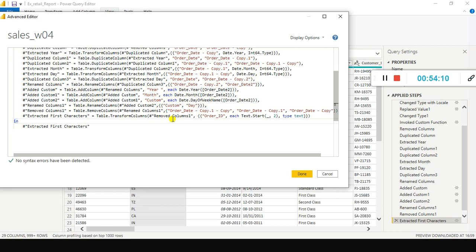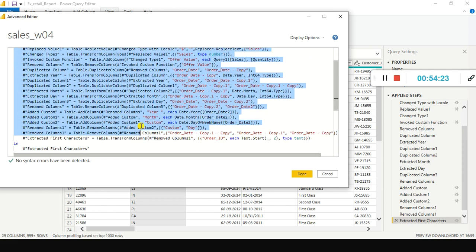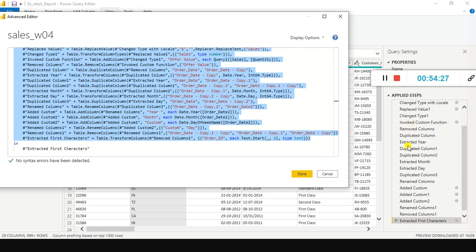Okay, so there are 2 blocks here. One is the let and in. See, this is a let block. In the let block you can see all the variables, the definition of all the variables, whatever steps you have done by clicking or by modifying the M language.